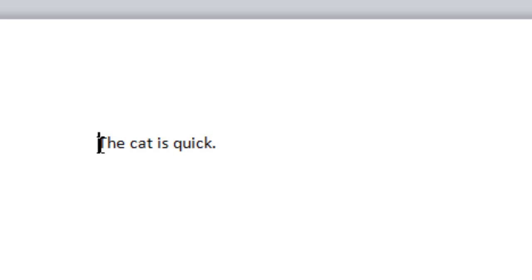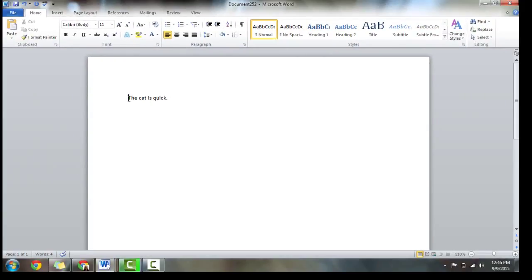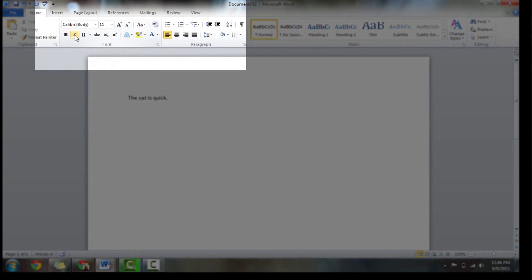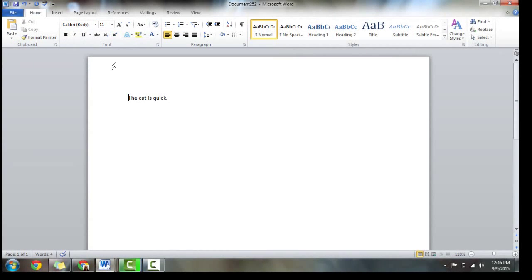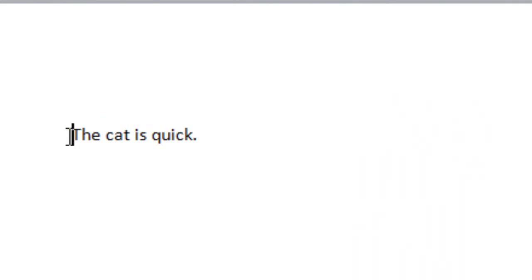Now, the final thing we're going to talk about is selecting text. There are many reasons why you might want to select text. You could be wanting to bold, italicize, underline. Any change you make to how the text looks, like the size or font, you have to select the text first. So, to select the text, we're going to click in front of the word or sentence and drag our